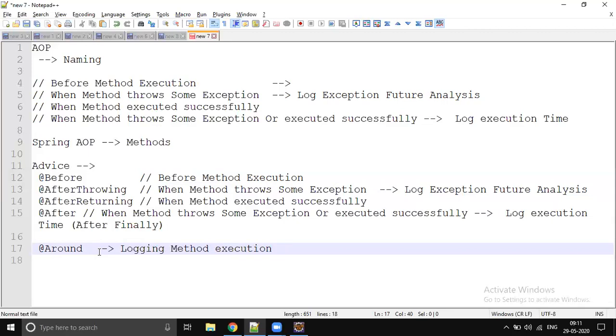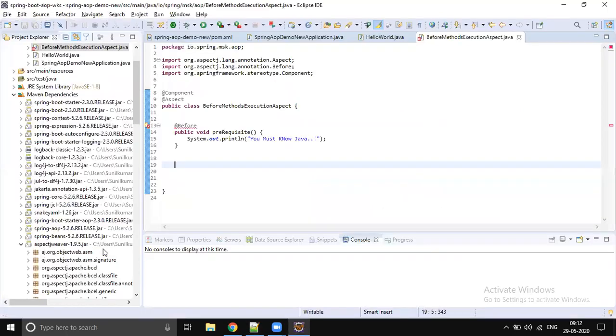All your questions will be answered after this full training completes. Automatically you will come to know, all the questions will be answered while we are discussing the topic. When I show an example for around, then you will understand. Today the Q&A will be at last. Let's quickly complete this before.